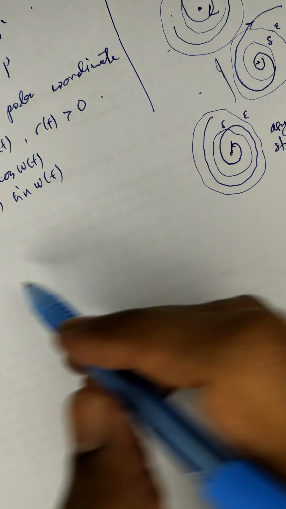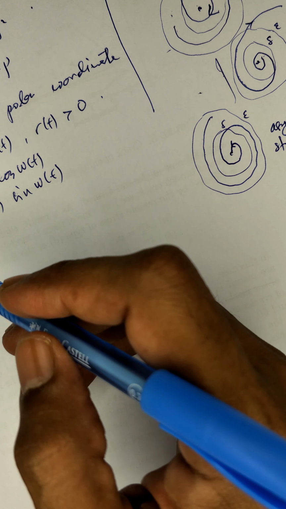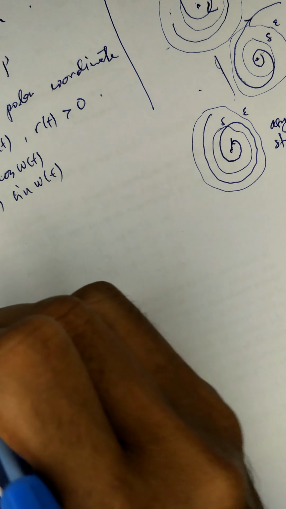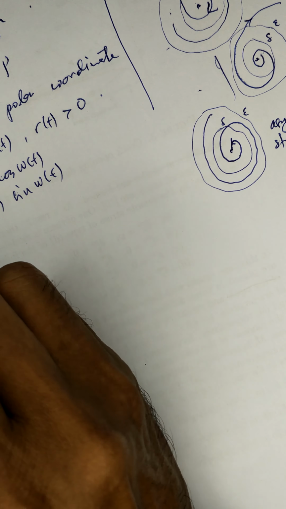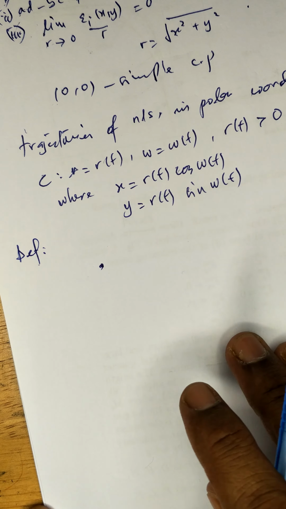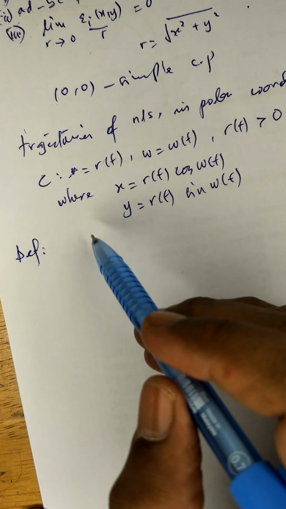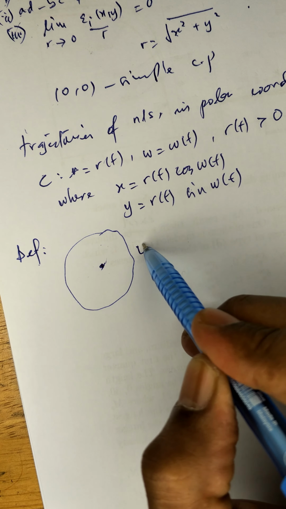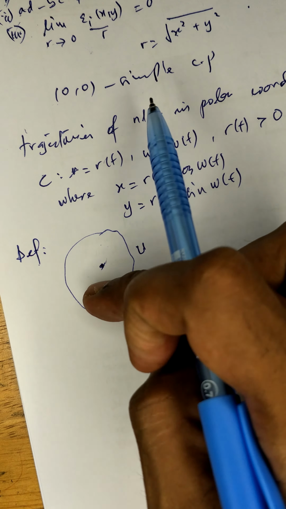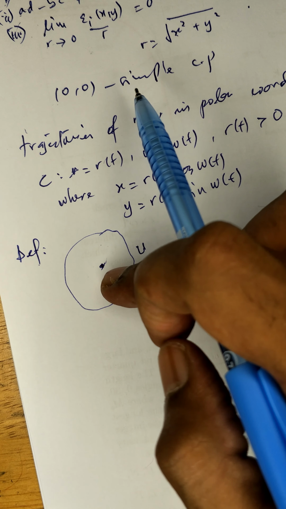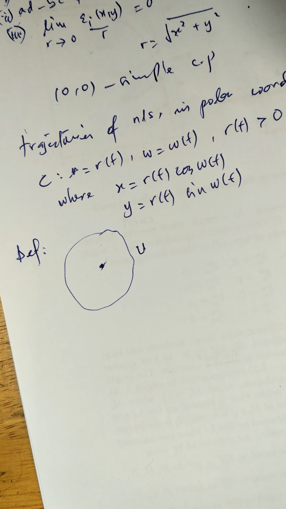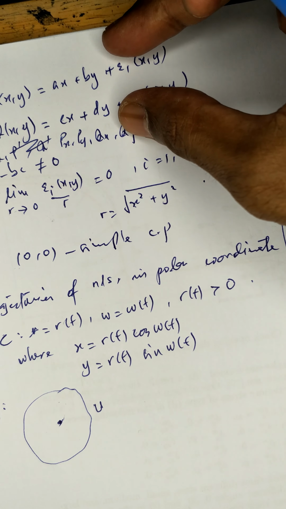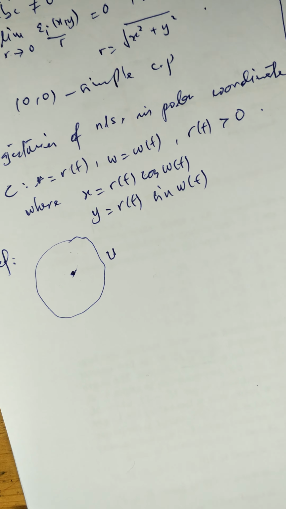The first definition: if we assume some neighborhood U of the critical point, so if you have the critical point here and some neighborhood of that critical point that we call U, where this critical point is the critical point for the nonlinear system that we have up here, then